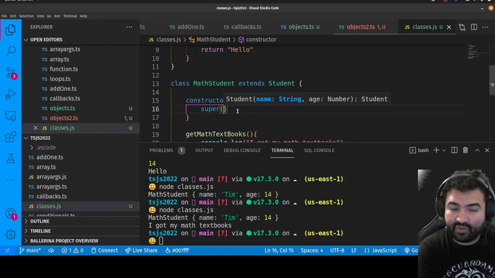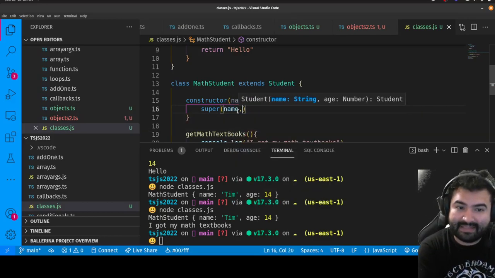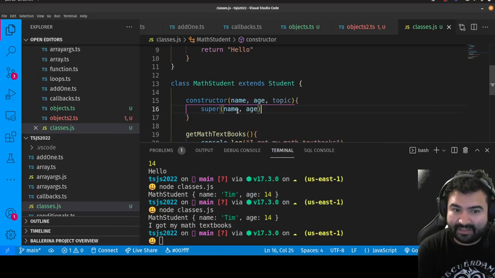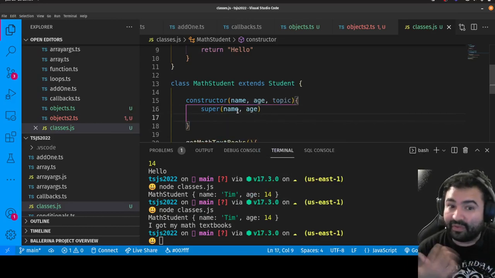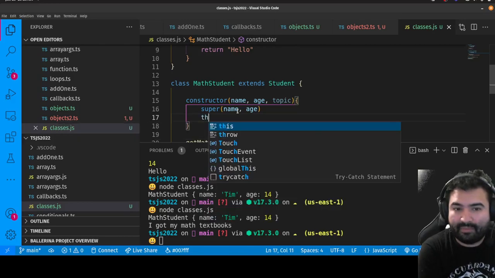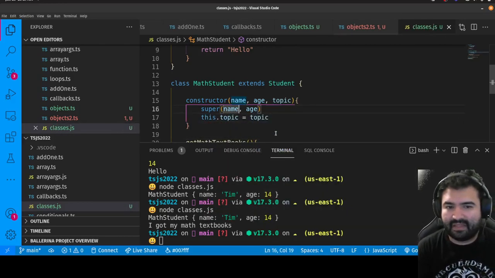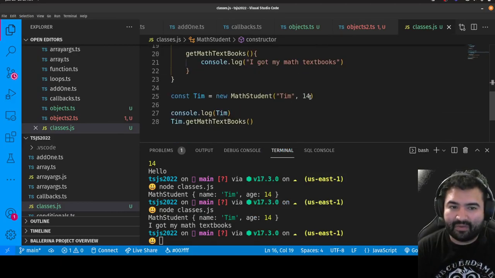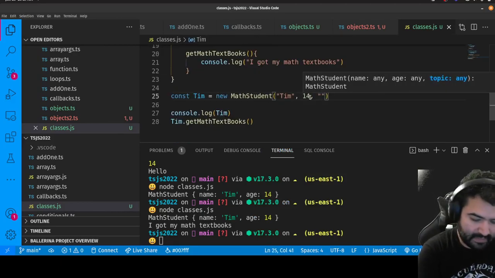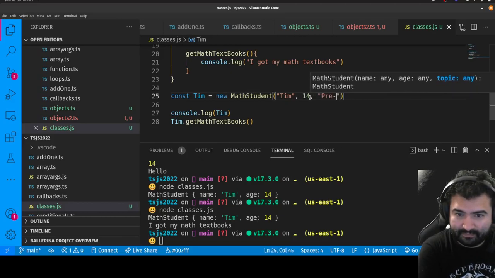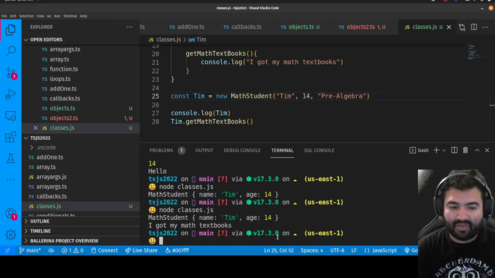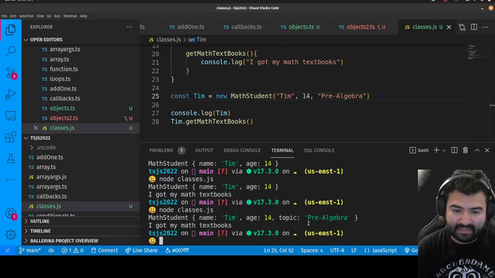So I can say, okay, super. And when I say super parentheses, I'm saying I'm calling the parent constructor. I can pass it the name and the age that it expected, and that'll handle that part. So the only part I have to handle here is the new property. So I can say, hey, this.topic equals topic. Okay, so now when I create Tim, I can say he's learning pre-algebra. Okay, now if I run the code, I can see now he has that property pre-algebra,